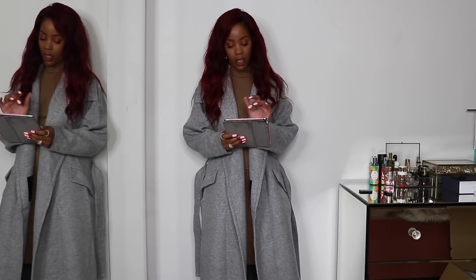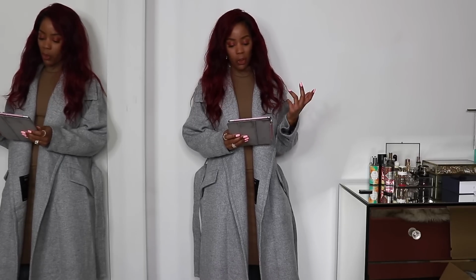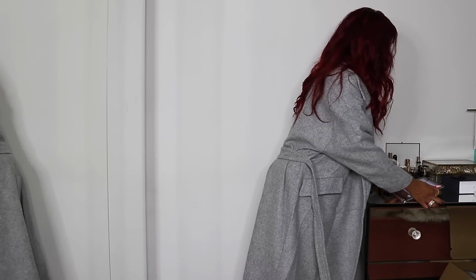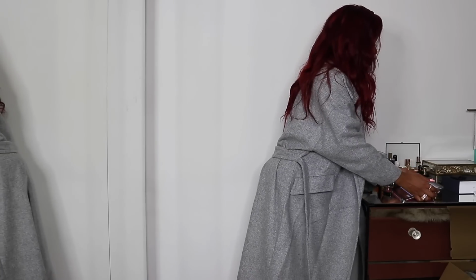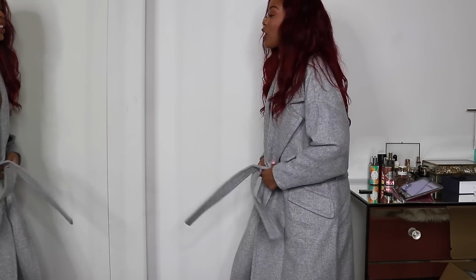Let me get into the composition of this coat really quickly, because if that's what we're going to say, then I don't really feel like, yeah, 64% wool, 34% polymer. I don't know if this is worth the $169.99. It's a very popular coat. I know that it's sold out right now. By the time this video goes up, they'll probably have restocked it, but it is cute, and